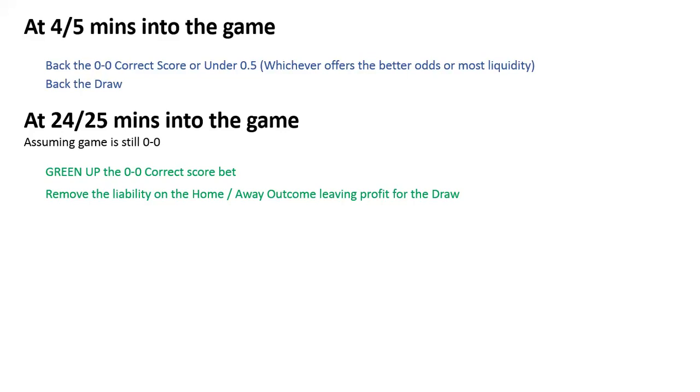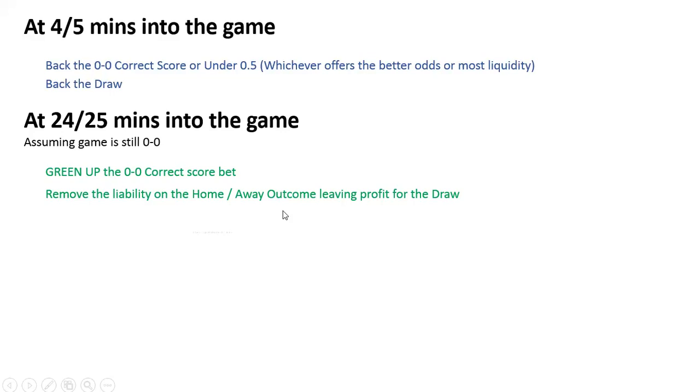I could go away and get the exact figures for the games that I've traded. I don't have it to hand, I will be honest. And then you do nothing else. That is it. You've got a successful trade. If the game finishes in a draw, then you have double bubble. If it ends 3-2, you've already greened up your 0-0 correct score bet, and you have no liability on the